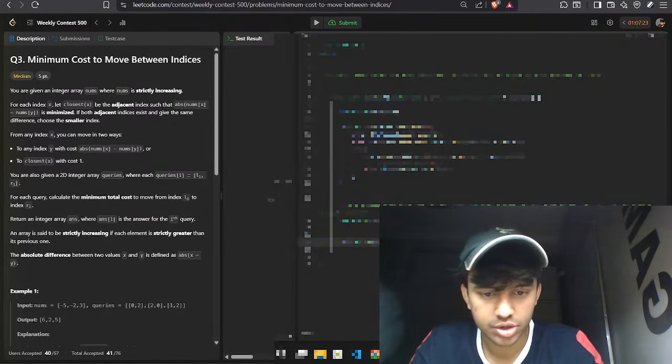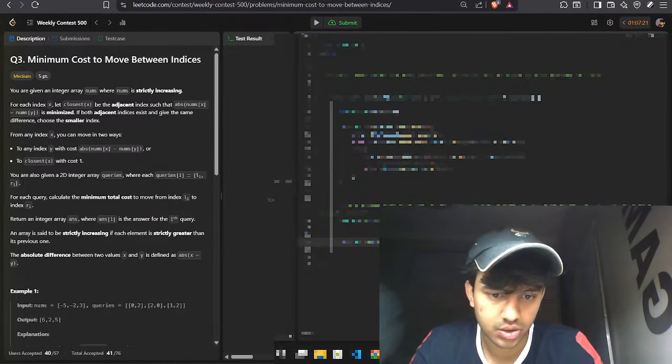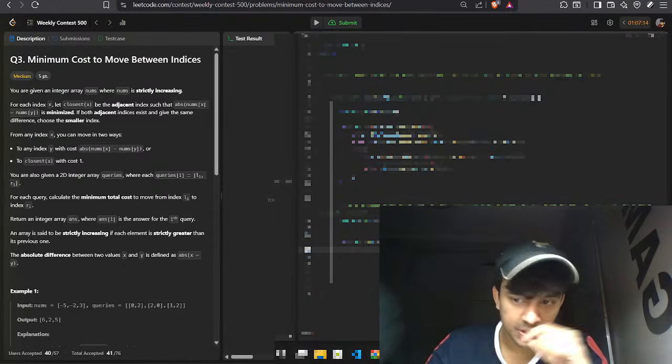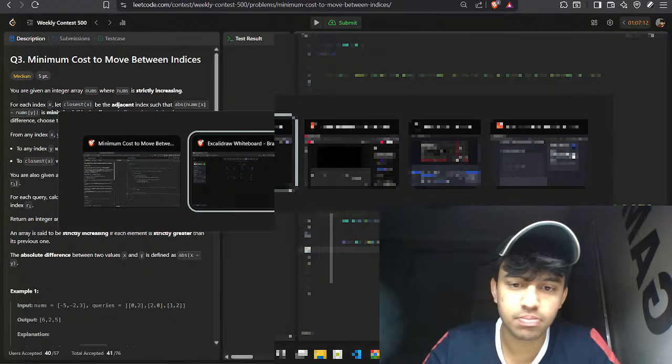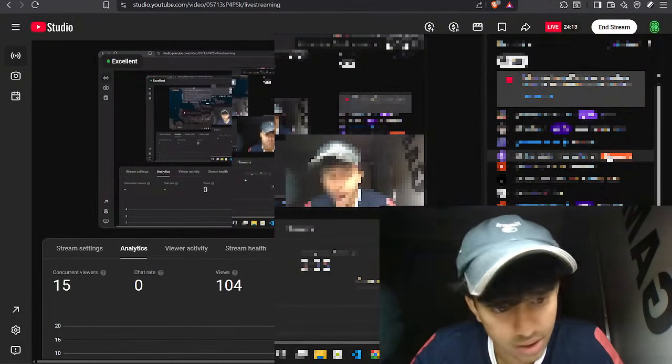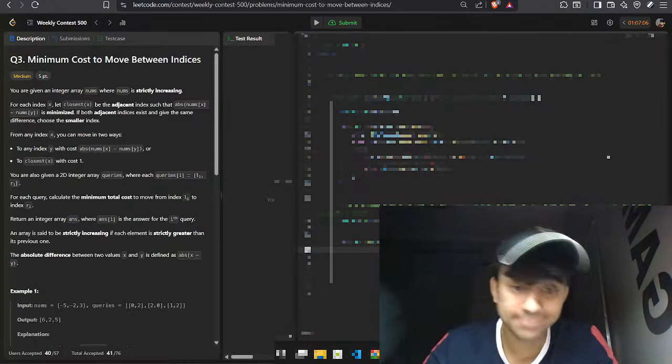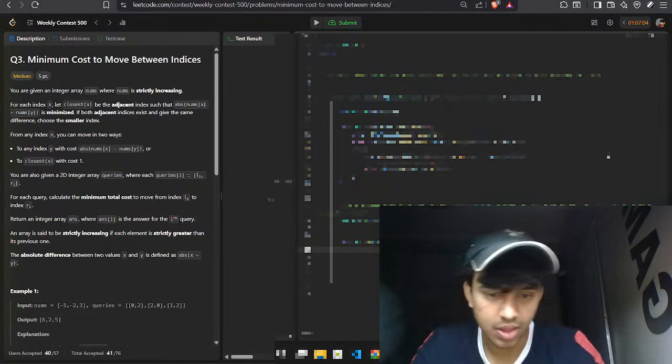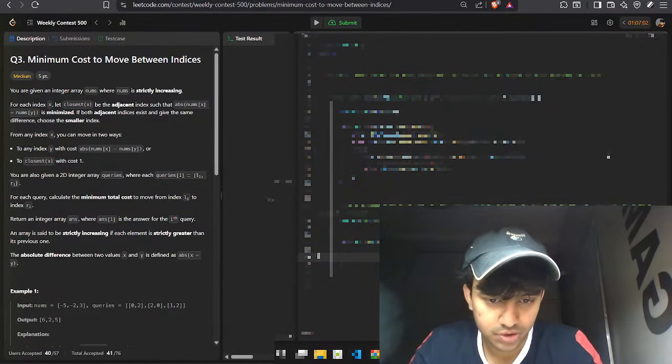Okay, for int i equals 0, i less than arr dot size, i plus plus. Okay, now the moves. Yep, now we just have to